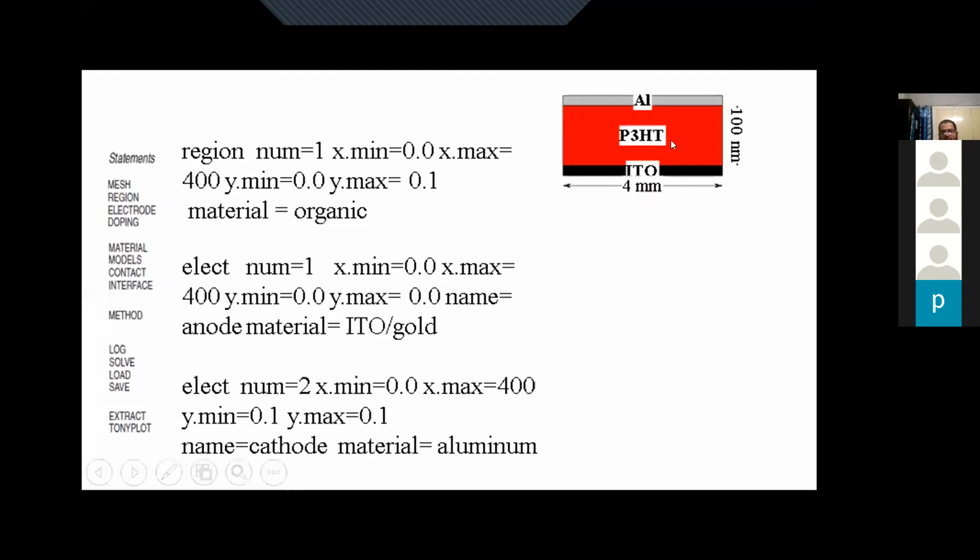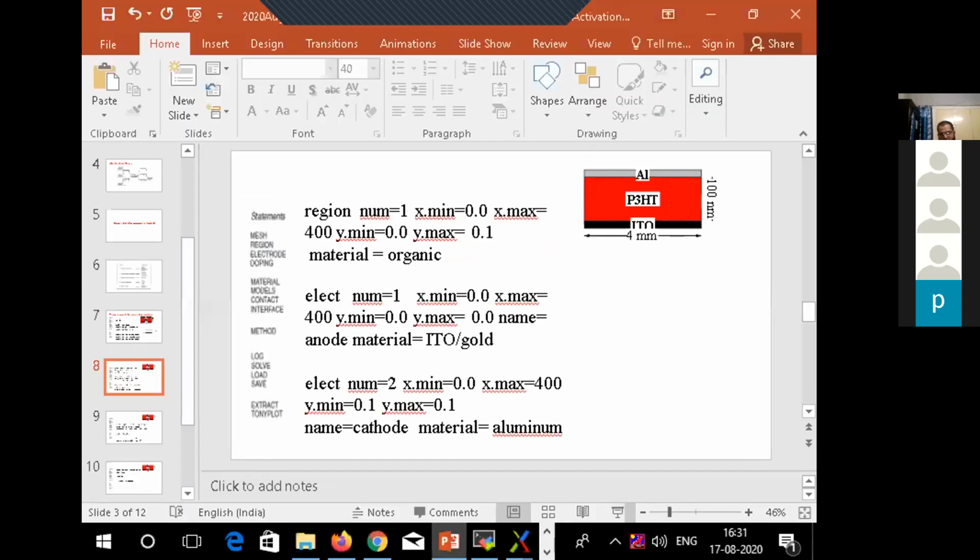So the region is P3ST, but the P3ST name by default is not understood by the software. There are a lot of semiconductor materials like Pentacene, PPV or Alq3, but P3ST is not being identified by the software. So what we will do, we will use a known name, that is organic. Organic is the name which is known to the software. So it will assign the corresponding values of energy gap, permittivity, and all those things. Now, if we look at